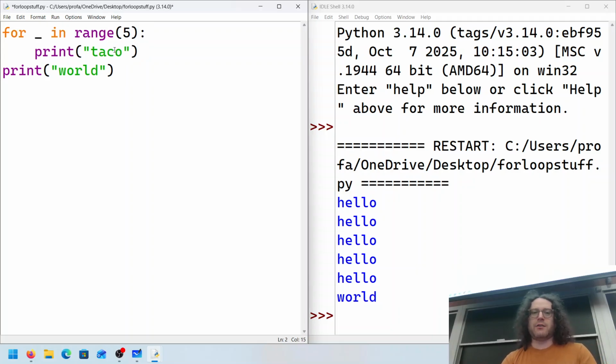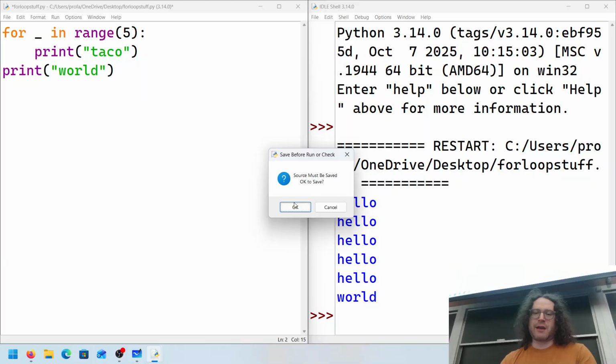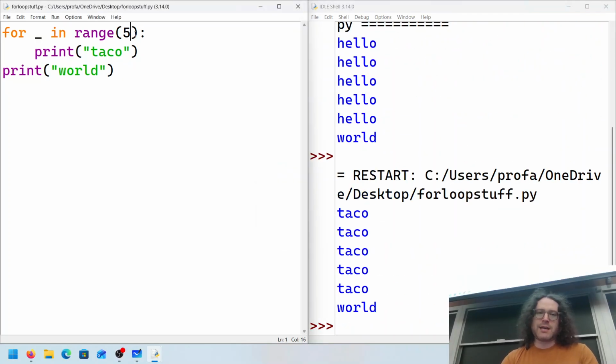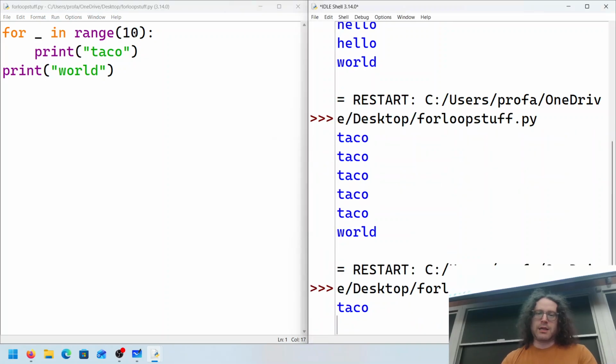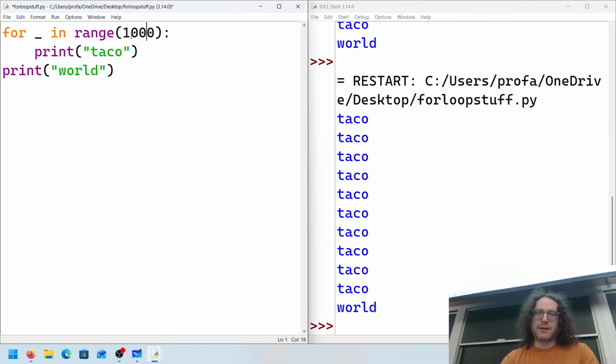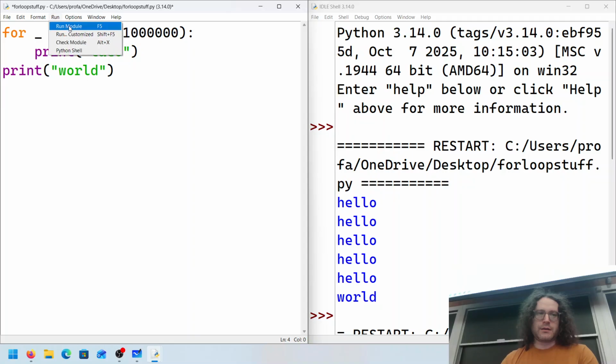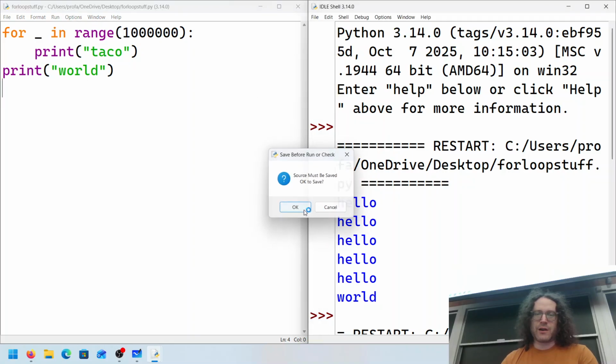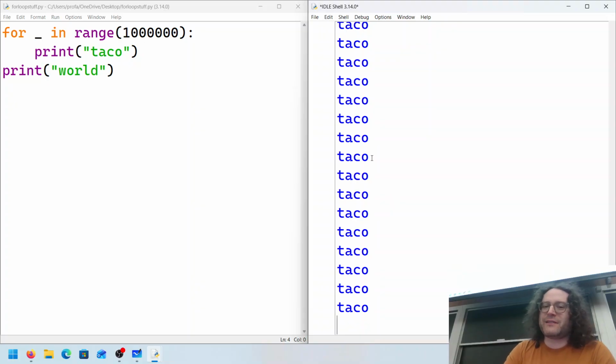If I did taco instead of hello, it would print out taco 5 times. And if I did 10, it would do it 10 times. And if I did a lot, let's see, run module, save it, run. It would certainly try its best to do it a lot, but printing is slow. So if you ever find yourself in this situation where you accidentally made something go on for a very, very long time,